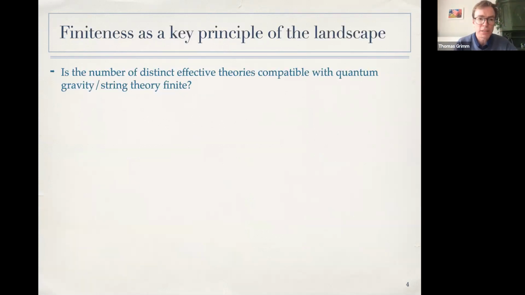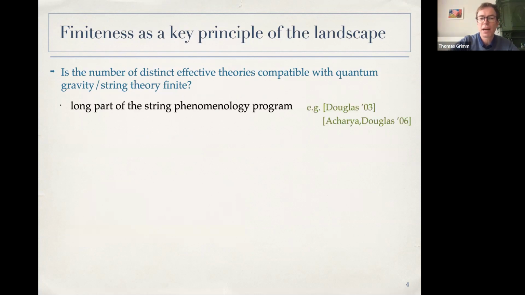So now, if you think about this picture, you might ask, if I ask about string theory or quantum gravity in general, is the number of distinct effective theories compatible with quantum gravity finite? Of course, this is a long part of the string phenomenology program. I think I don't have to explain why this is the case in detail, because it's clear that if you have infinitely many choices, then statistical arguments, for example, make little sense, or any precise statement about